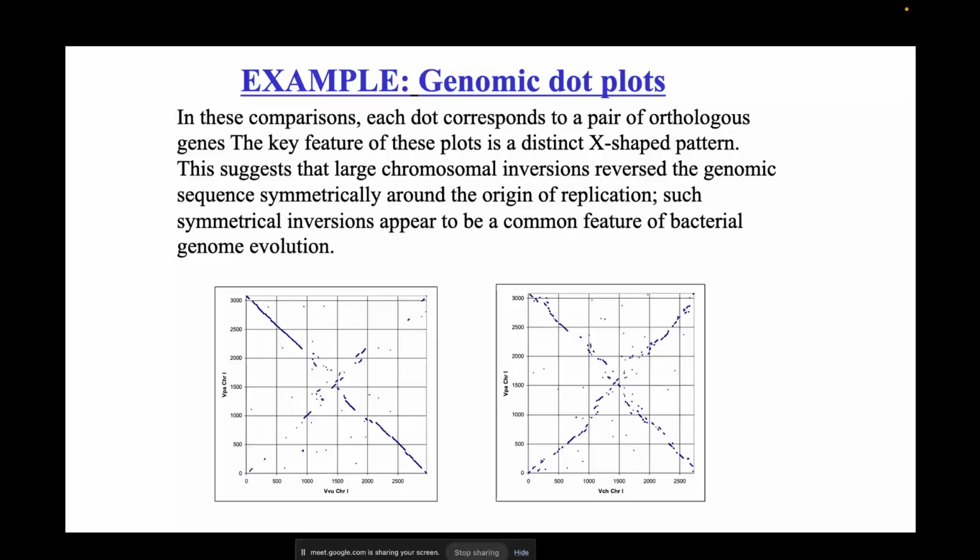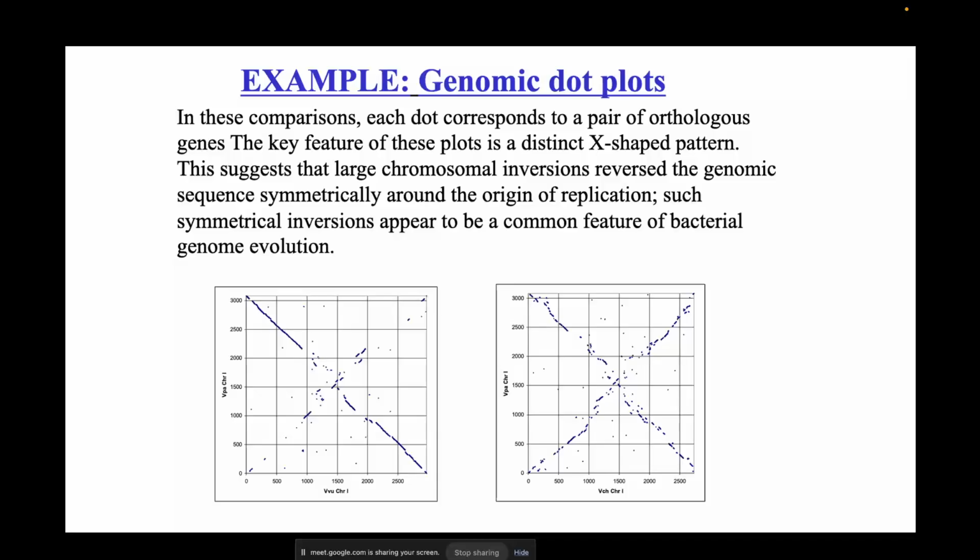So I'll talk mostly about dot plots with respect to genomic sequences, but as you can understand, there is not much difference if you want to do it with a protein sequence. It's kind of the same. It's just that your scoring patterns will differ. So in this case, for DNA, we